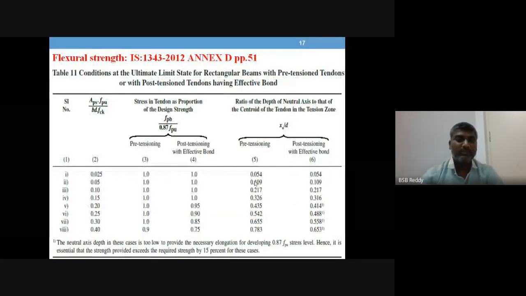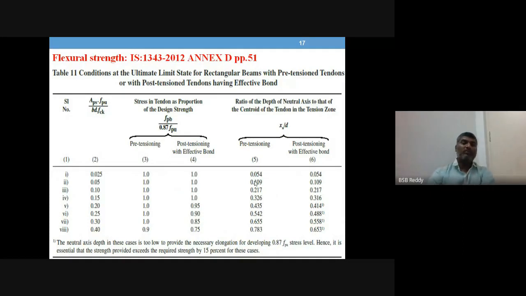Right, coming back to this table again. You have to calculate this value in this second column, Aps fpu divided by bd. Once you know this value, then you can get the fpb value and the xu value from this, accordingly with pre-tensioning or post-tensioning, and you need not worry about the bond,